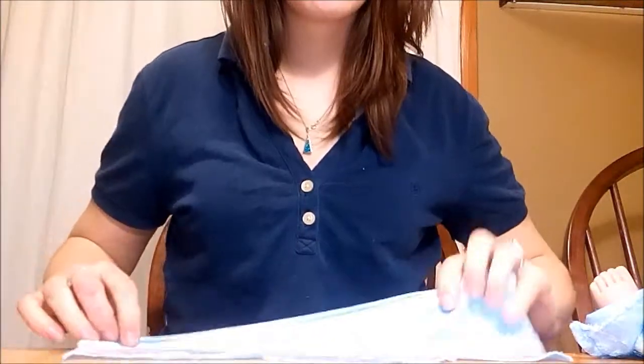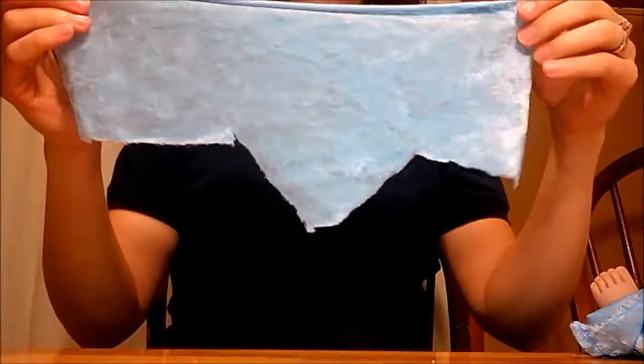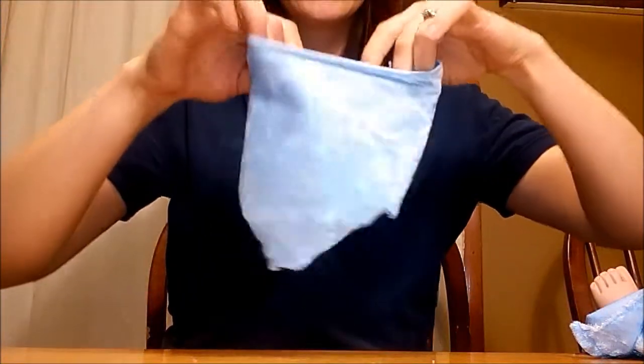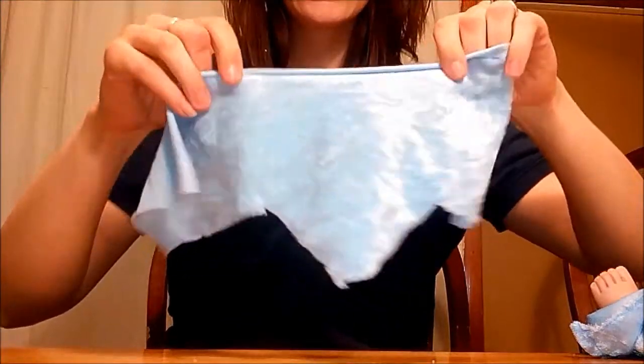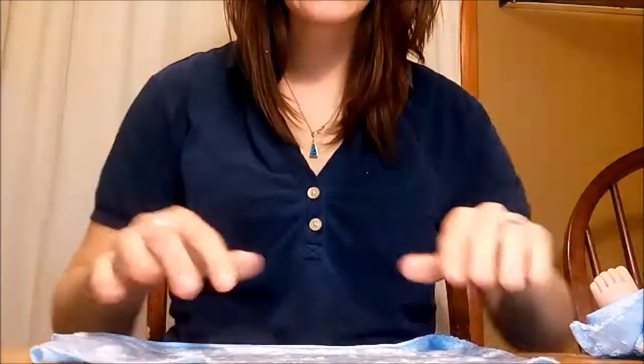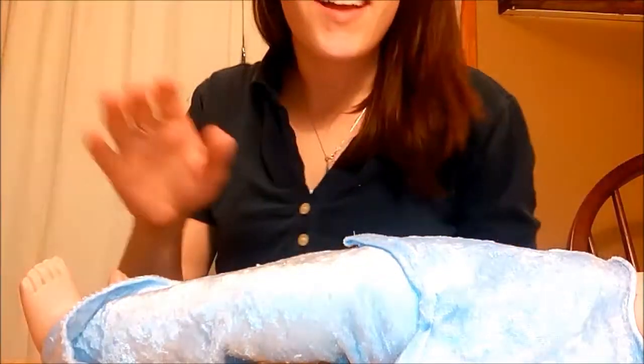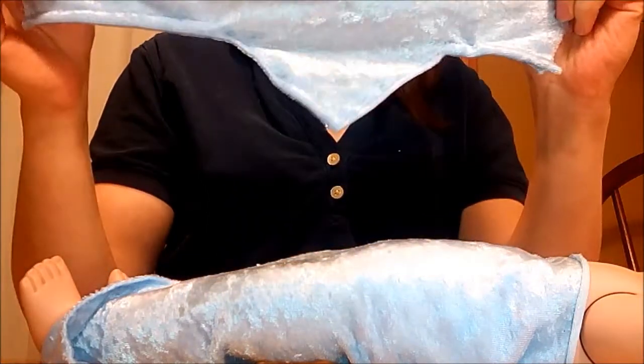Now I am going to sew. It's a little lopsided, but now I'm going to sew this, and I'm going to leave the top alone for right now. I'm just going to work on the bottom, and we'll get to the top. So I finished sewing the bottom portion there,